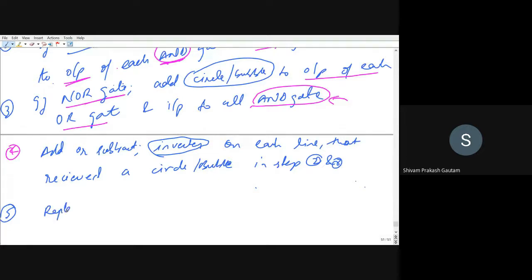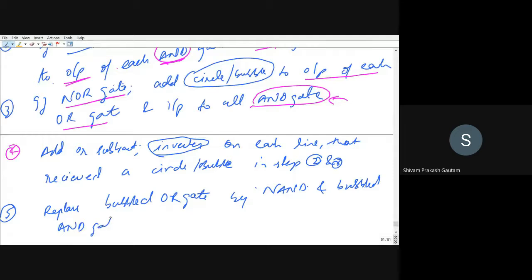Step number 5. Replace bubbled OR gate. We have seen bubbled OR gate previously, and we have seen that it is equivalent to NAND gate, and bubbled AND gate by NOR gate. If there is a bubbled OR gate, you have to replace it by NAND gate.